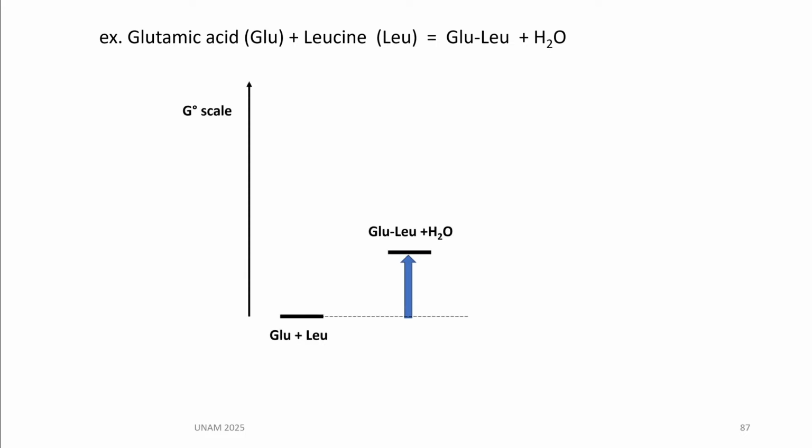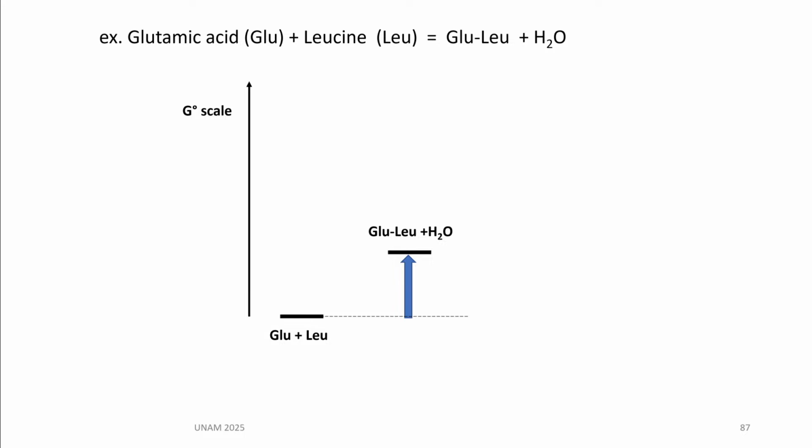Now, as usual, we have to check the thermodynamics first to see if it's possible. And here I will give you as an example the reaction between glutamic acid and leucine, 2 amino acids that I have studied quite a lot. This is what thermodynamics says. If I want to make the dimer,